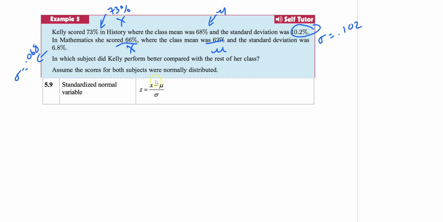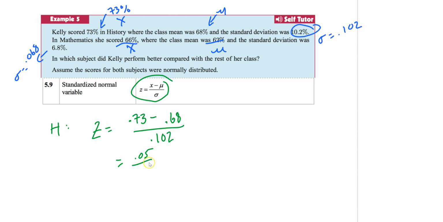So the best way to do that is we're going to plug both of these in and see what z-score we get. So let's do history first. In history, looking for the z-score, we have our x, she had 73, so let's put points. I'll put 0.73. I could have gotten a full number, but let's be rebels. Then minus the mean, so 0.68. Really would have just been easier if I just used full numbers, but whatever. I'm living. And then divided by the standard deviation, 0.102. Put that into my calculator, and I get 0.05 over 0.102, which works out to be about